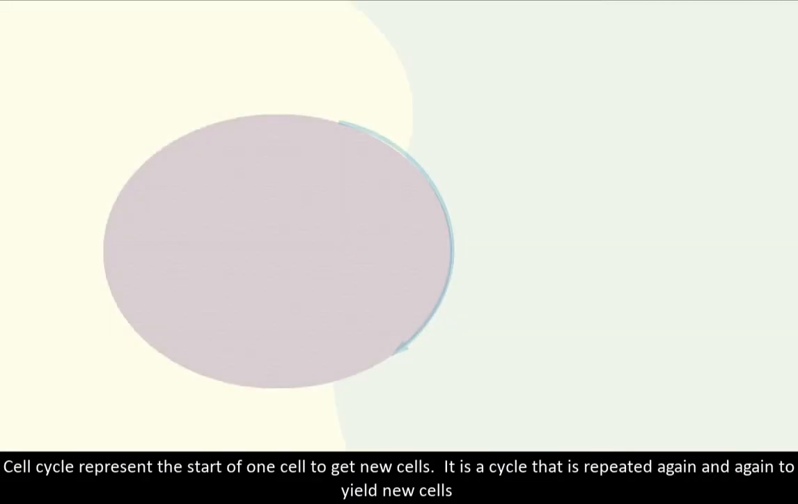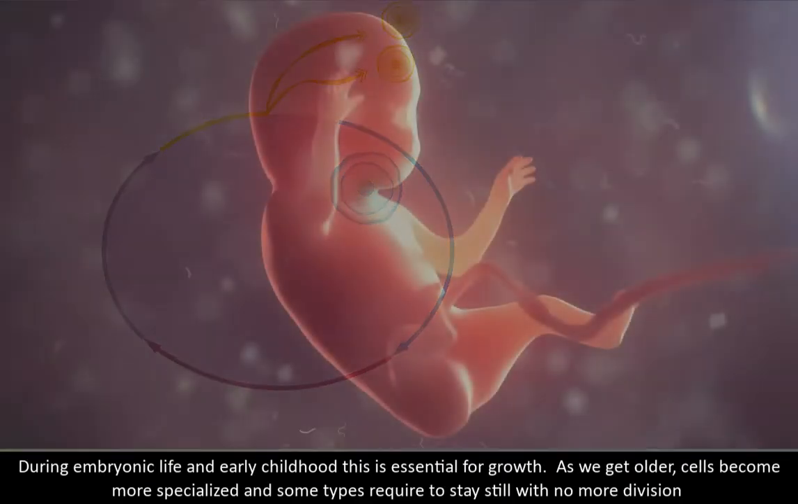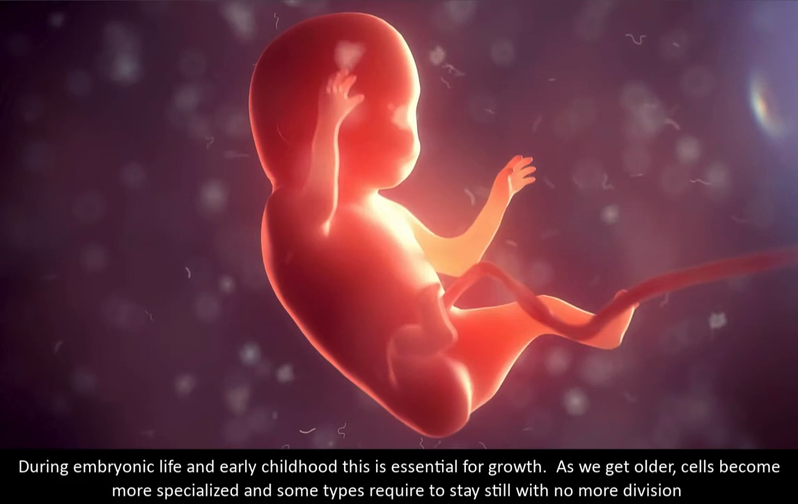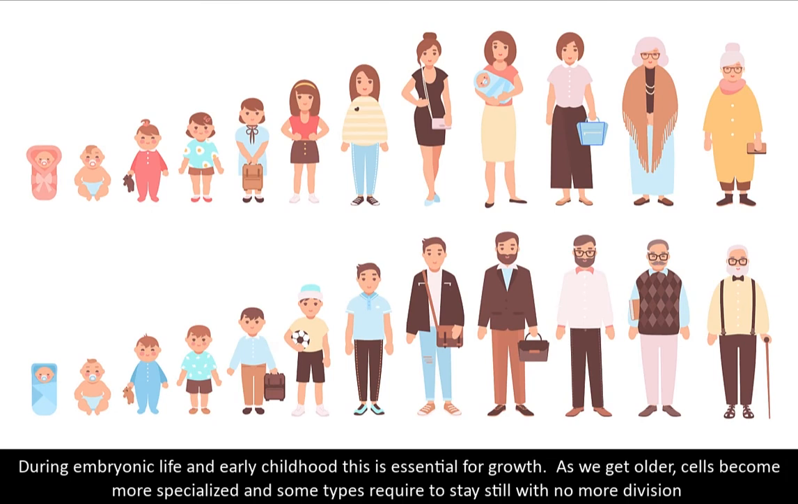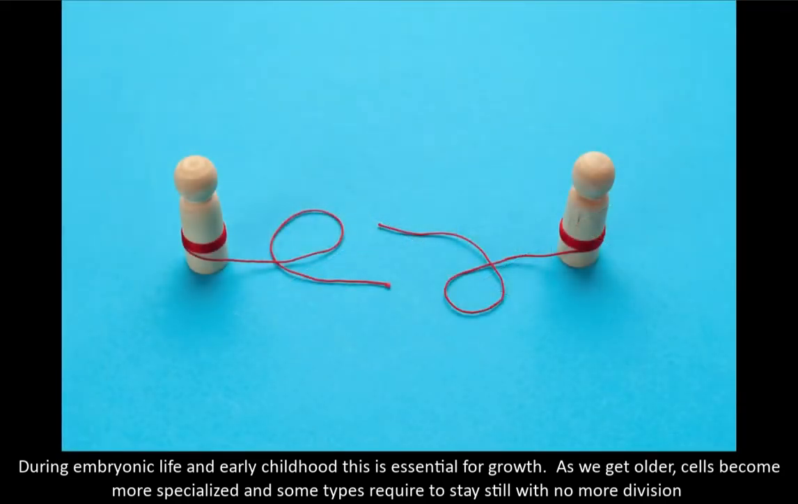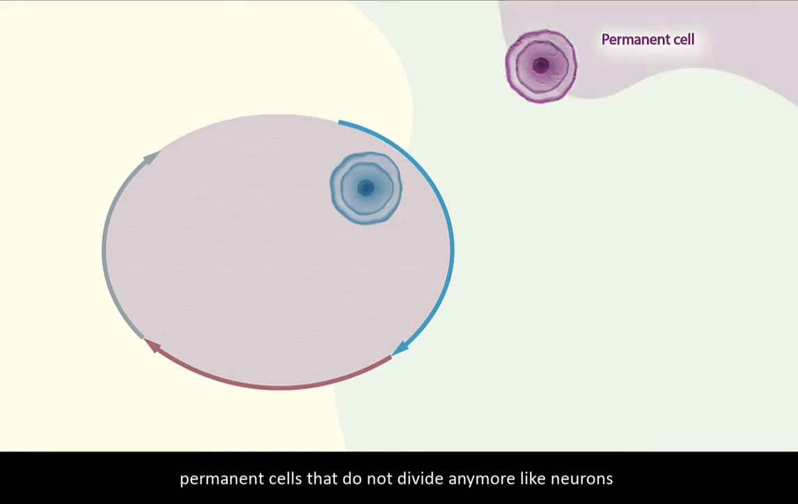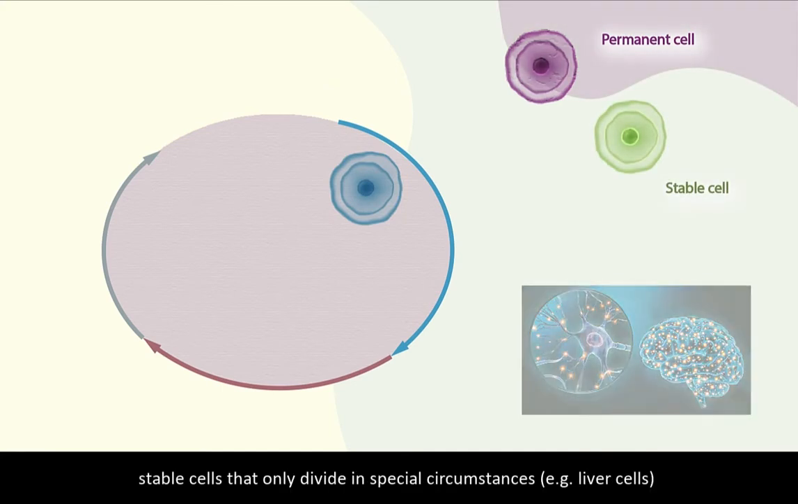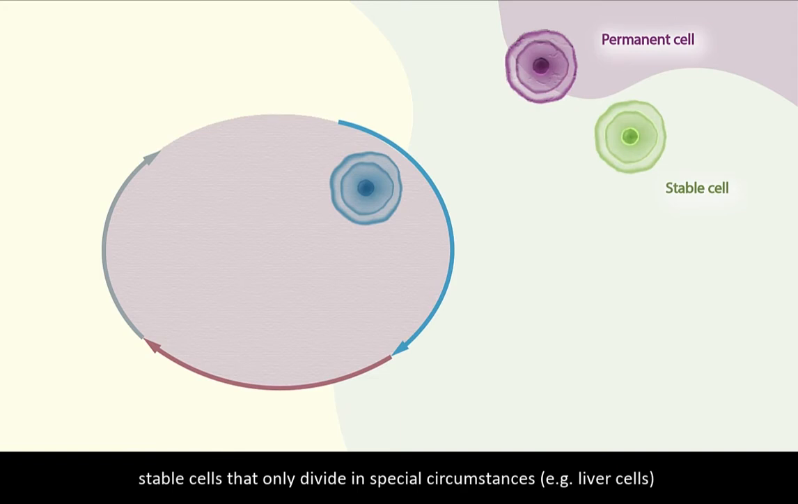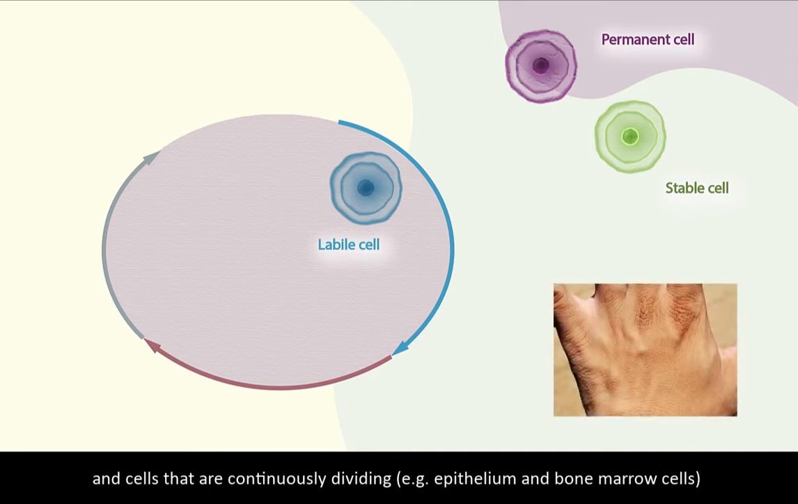The cell cycle represents the steps by which one cell gives rise to new cells. It is a cycle that is repeated again and again to yield new cells. During embryonic life and early childhood, this is essential for growth. As we get older, cells become more specialized, and sometimes we have types of cells that need to stay still with no more division. Cells are categorized into three types: permanent cells that do not divide anymore, like neurons; stable cells that only divide in special circumstances, like liver cells; and cells that are continuously dividing, for example, epithelium and